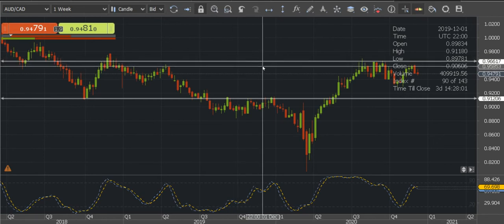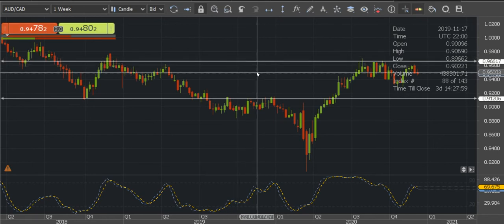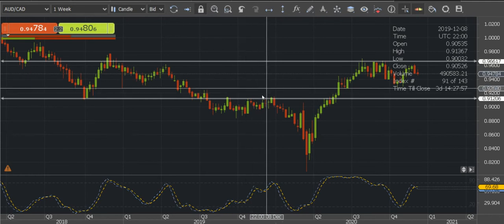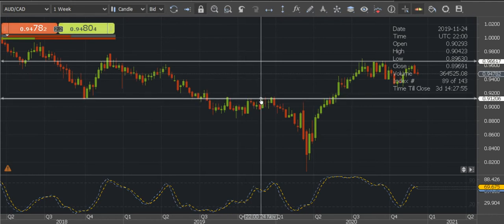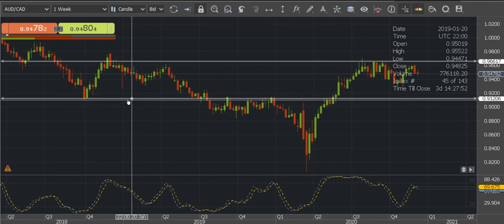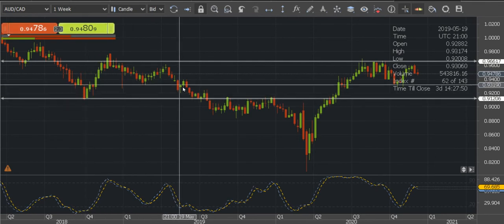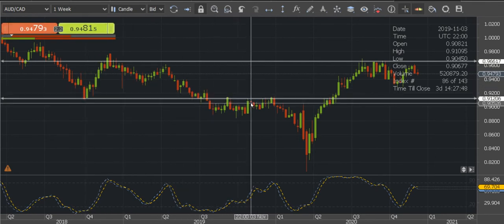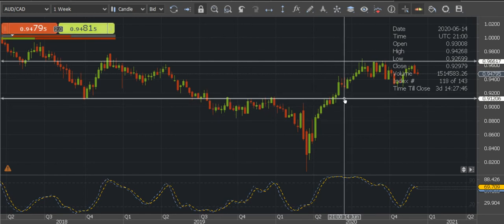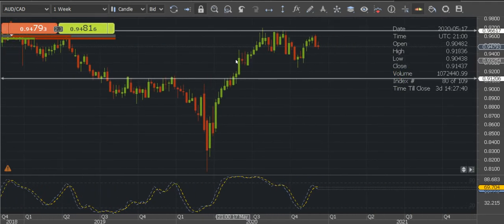So finally, we will get another area of interest, where the first area of interest is 0.966. Now it is acting as a resistance, but it previously acted as a support. Another area, 0.900, previously it was acting as a support, but once it broke, it started to act as a resistance. Now also it is acting as some sort of support here. So in this area, we can't expect any trend here. We can't draw the trend line here.